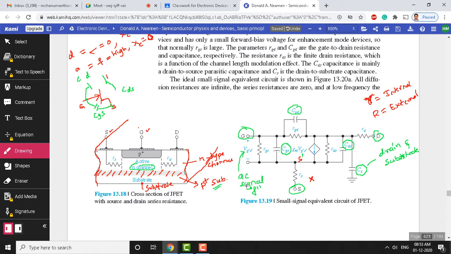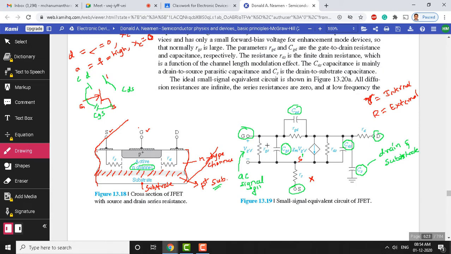When the AC signal is fed in, we will see the various elements within that. These elements are identified based on the different structures we see in the device. Every element here has significance. For instance, you can see there is a small r shown, an internal resistance. RGS is the resistance between the gate and source, the internal resistance between the gate and source.